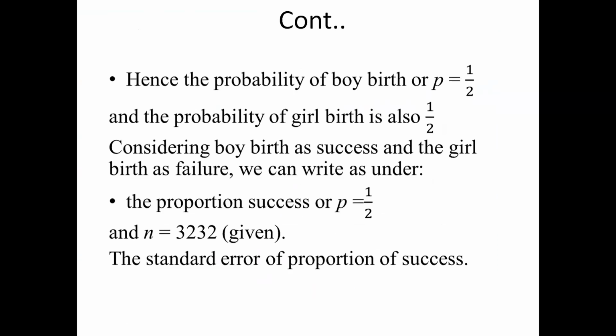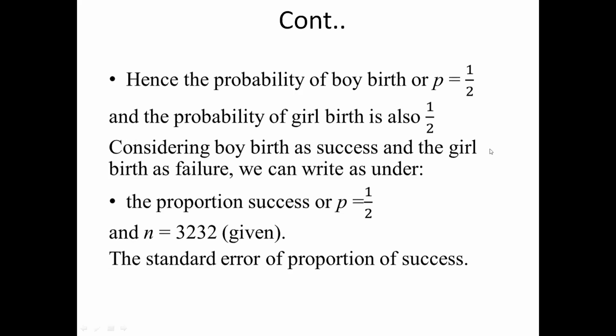Hence the probability of a boy's birth, P, is 1 by 2, and the probability of a girl's birth is also 1 by 2. Considering a boy's birth as success and a girl's birth as failure, we can write the population proportion of success, P, as 1 by 2, and n is given data,